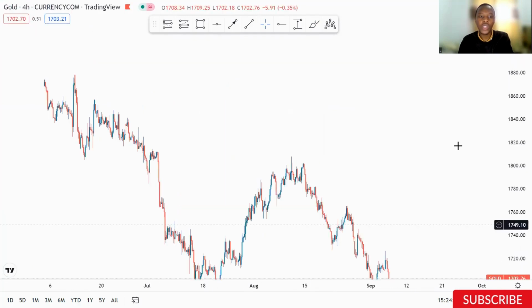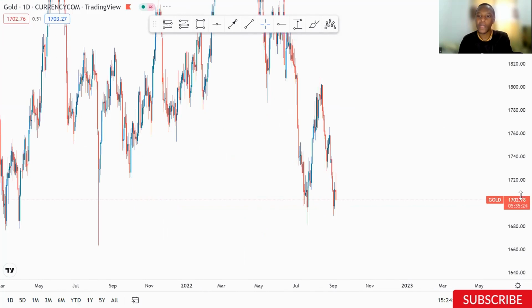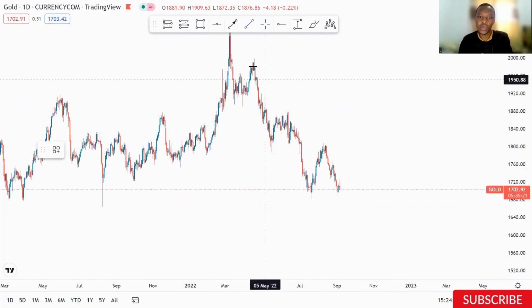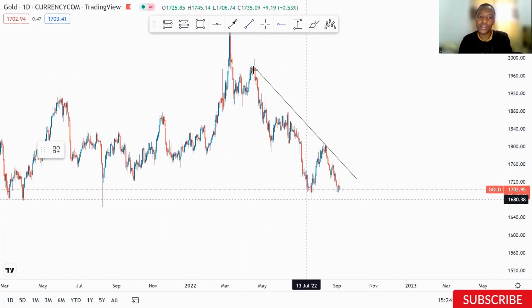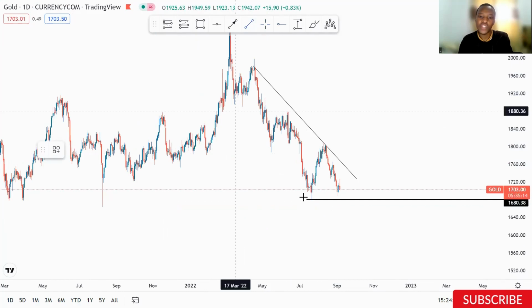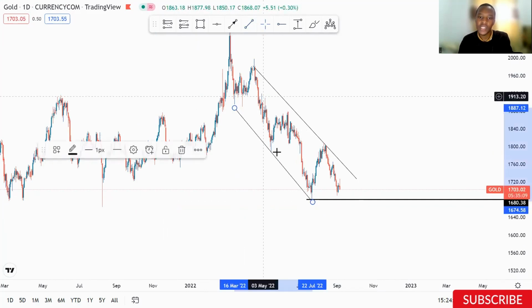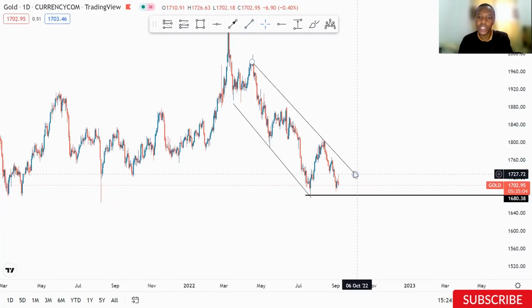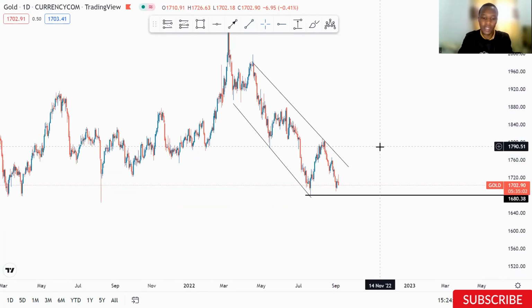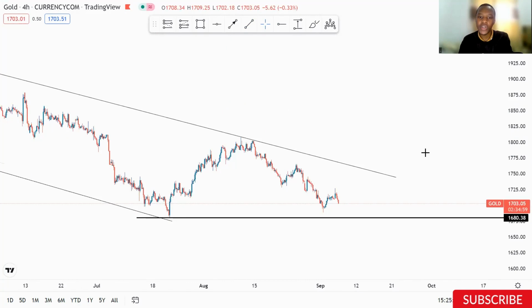So if you look, okay, let me see what's happening on the daily time frame. The structure is still the same on gold because we have that touch, and then we also have this support level. Maybe we can also have another trend line over here. All right, so first touch, second, and the third touch. First touch, second touch, and an anticipated one. But it's important to adjust the price so that you can see it clearly. But if you look at it currently,